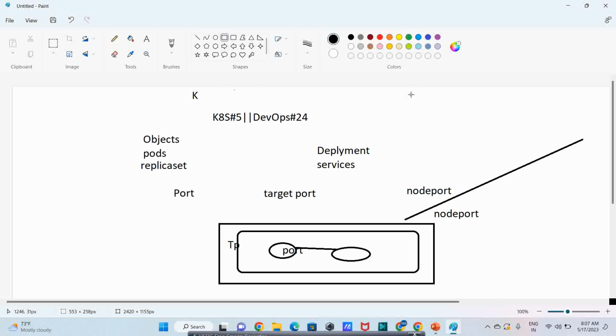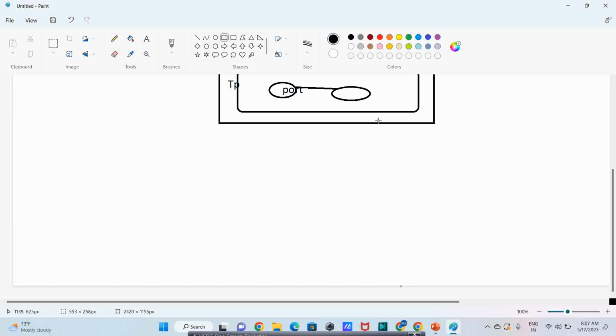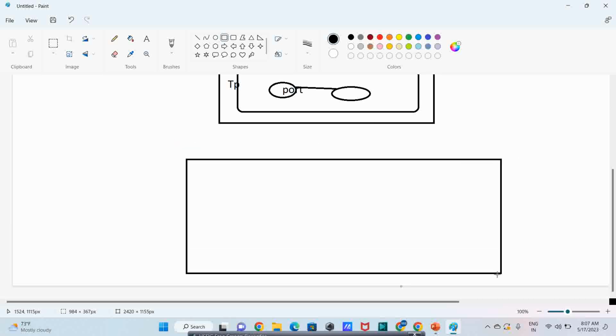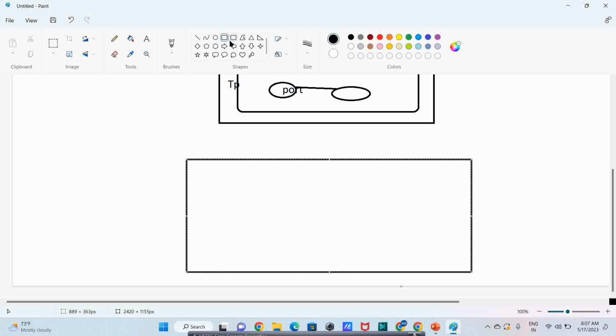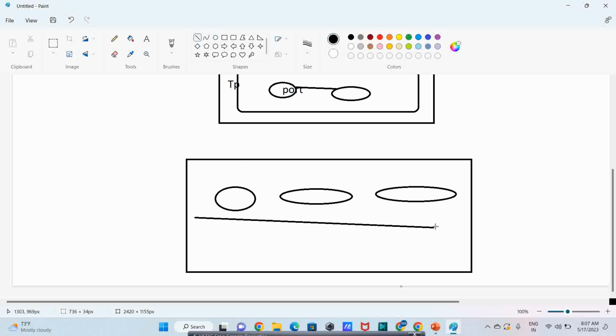So suppose I am using some application, some cluster already is there in Kubernetes. These are the old application. I want to add some features over there. So after adding features, if we want to push it into Kubernetes, if you want to make it live in Kubernetes, so this thing